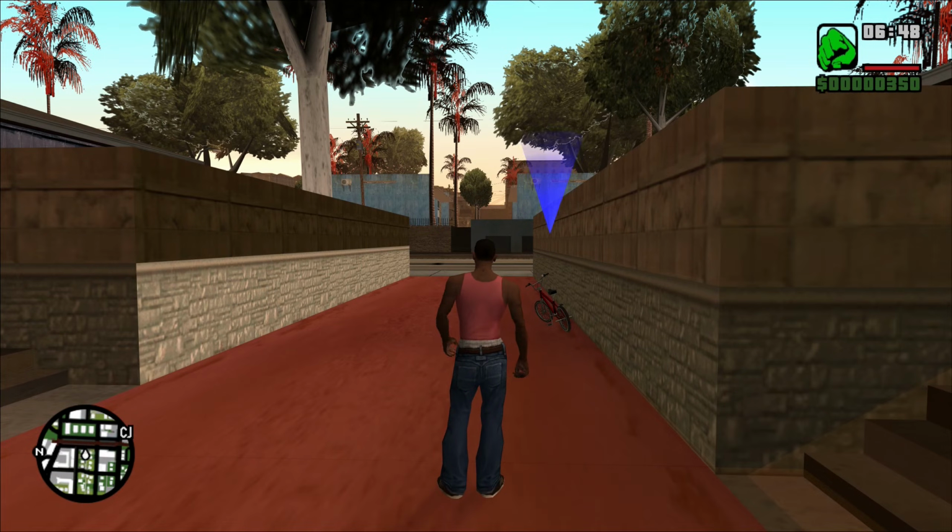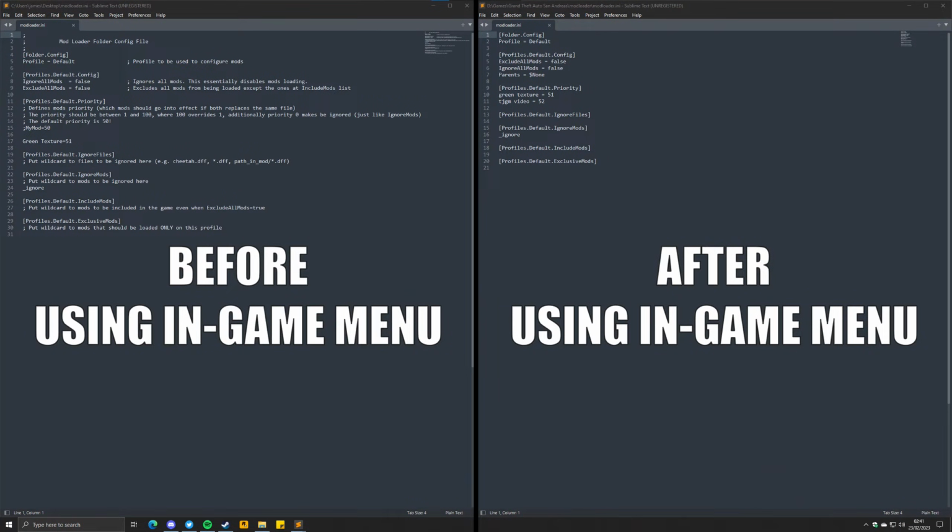You should see the red vest from the TJGM video mod is being used instead now. Keep in mind, after you use the in-game ModLoader menu, the modloader.ini file will actually change and lose the descriptions, but it functions the exact same. Most of the time, I'd recommend just changing mod priorities directly from modloader.ini with a text editor before you even launch the game, but for smaller mods, it's fine to use the in-game menu.